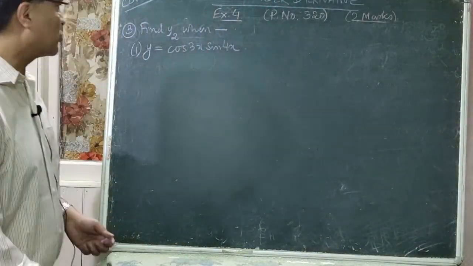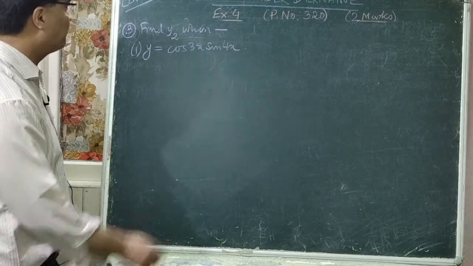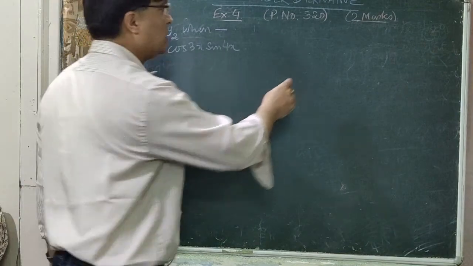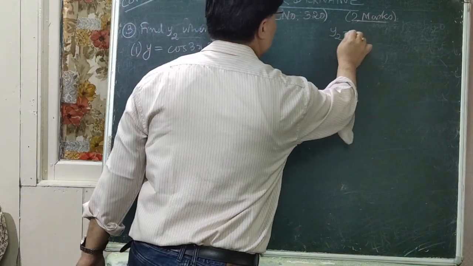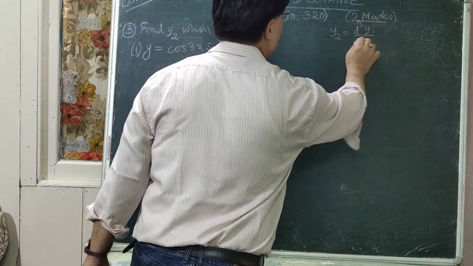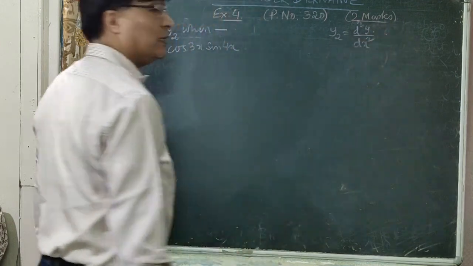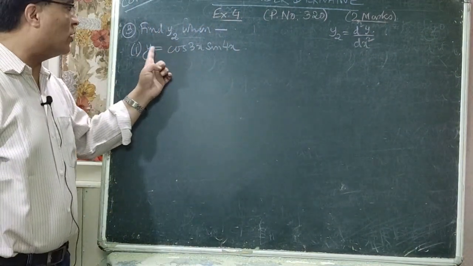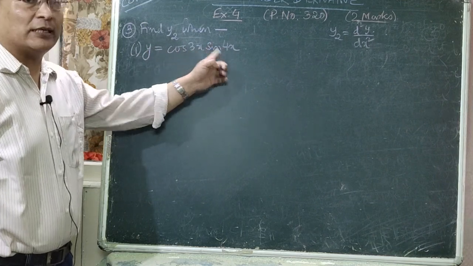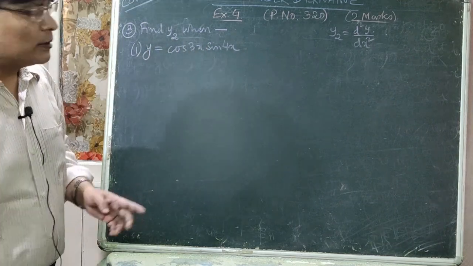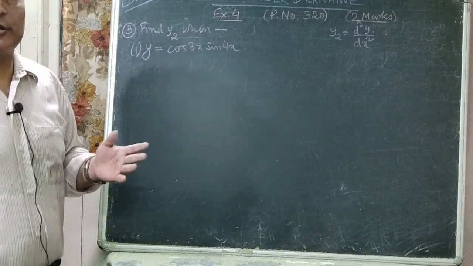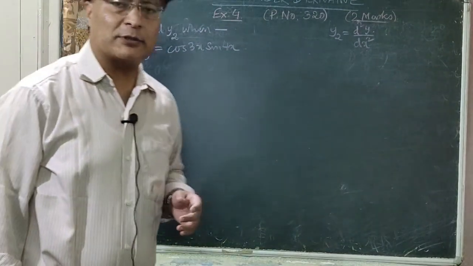So now we'll do the next question, that is question number 3. Find y2. y2 indicates the second order derivative, that is d2y by dx square, right? So you have to find y2 for y is equal to cos 3x into sin 4x. Now in this case you have to use the formula from trigonometry,